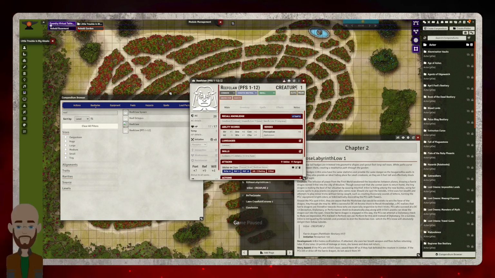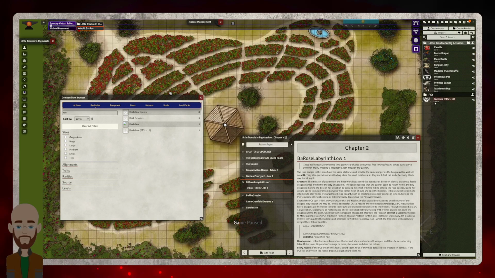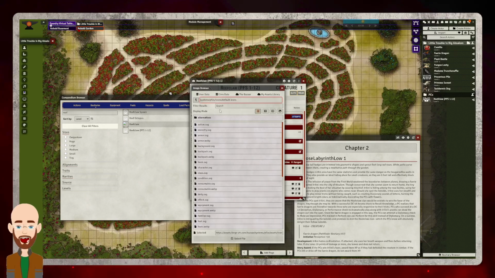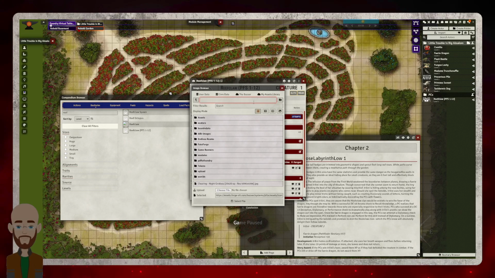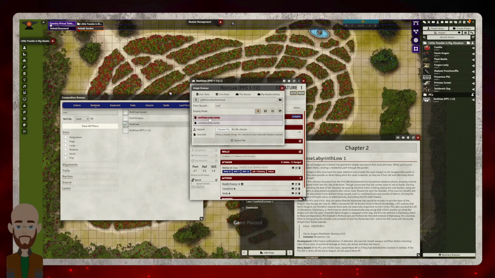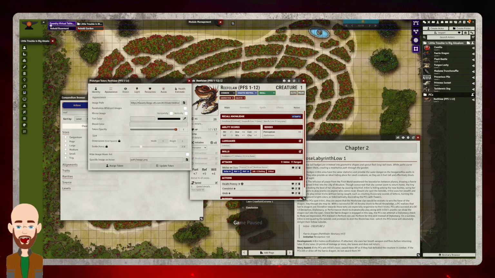Ooh, that art is a little more vicious than what we were seeing with the